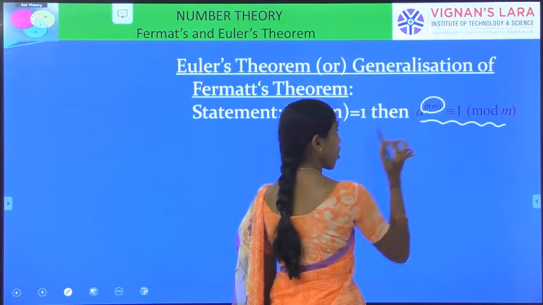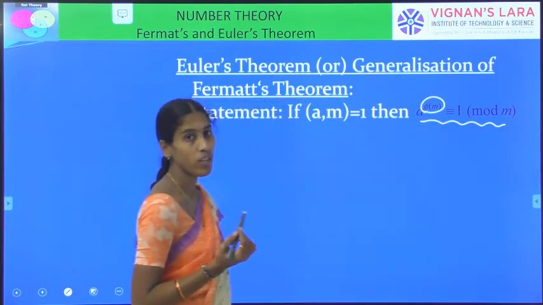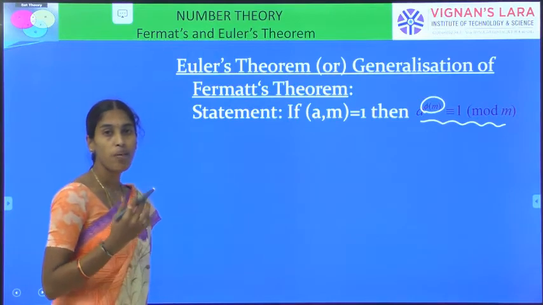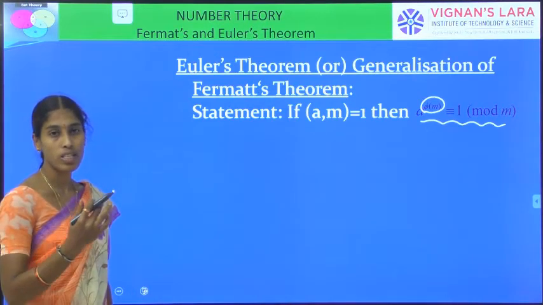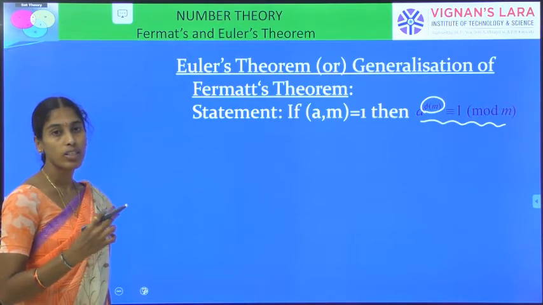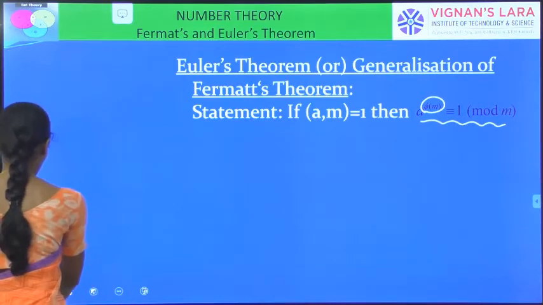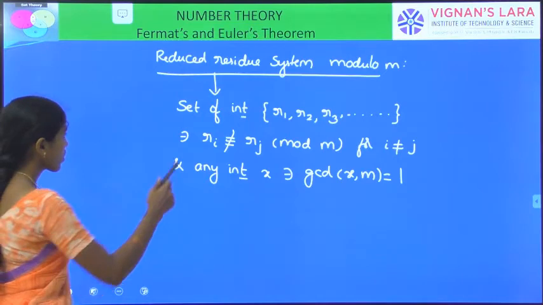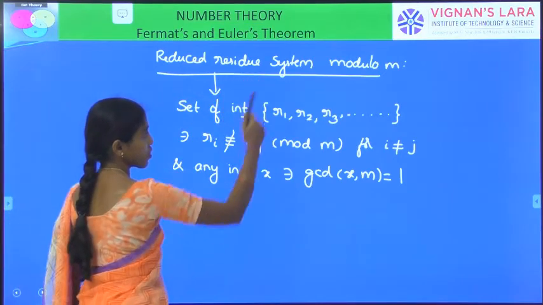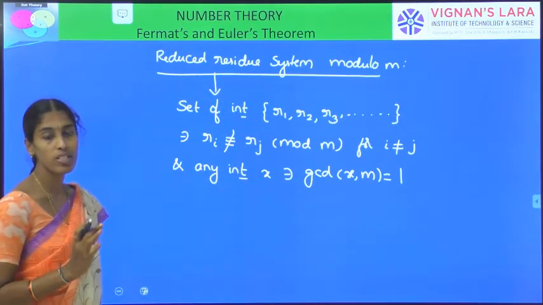It is the value of the Euler phi function of an integer m. It means the number of positive integers less than or equal to m whose GCD with m is equal to 1. For this, we see the definition of reduced residue system modulo m, which consists